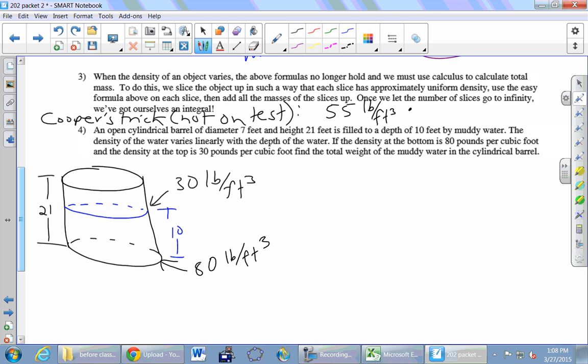How would we find the volume? Pi times, what's the formula for the volume of a cylinder? Pi r squared times the height. Okay, so what's the radius of this guy? 3.5, so 3.5 squared times the height, 10. Okay, so that's our answer. Somebody can type that into a calculator for us, and we'll get that in a second. 21,166. Give me a few digits.